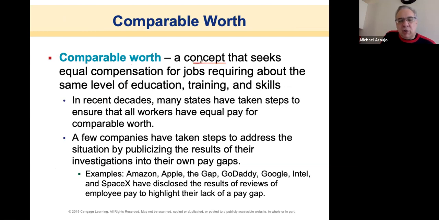So this is a concept that looks at equal compensation, what they call equal pay for equal work, right? So if the job requires the same level of education, the same level of training, the same level of experience, the same level of skills, why do people get paid differently? Why aren't they worth the same, right? And so that's a good question. This is an issue, and it's that way because managers bring people in at different wages based on what's happening